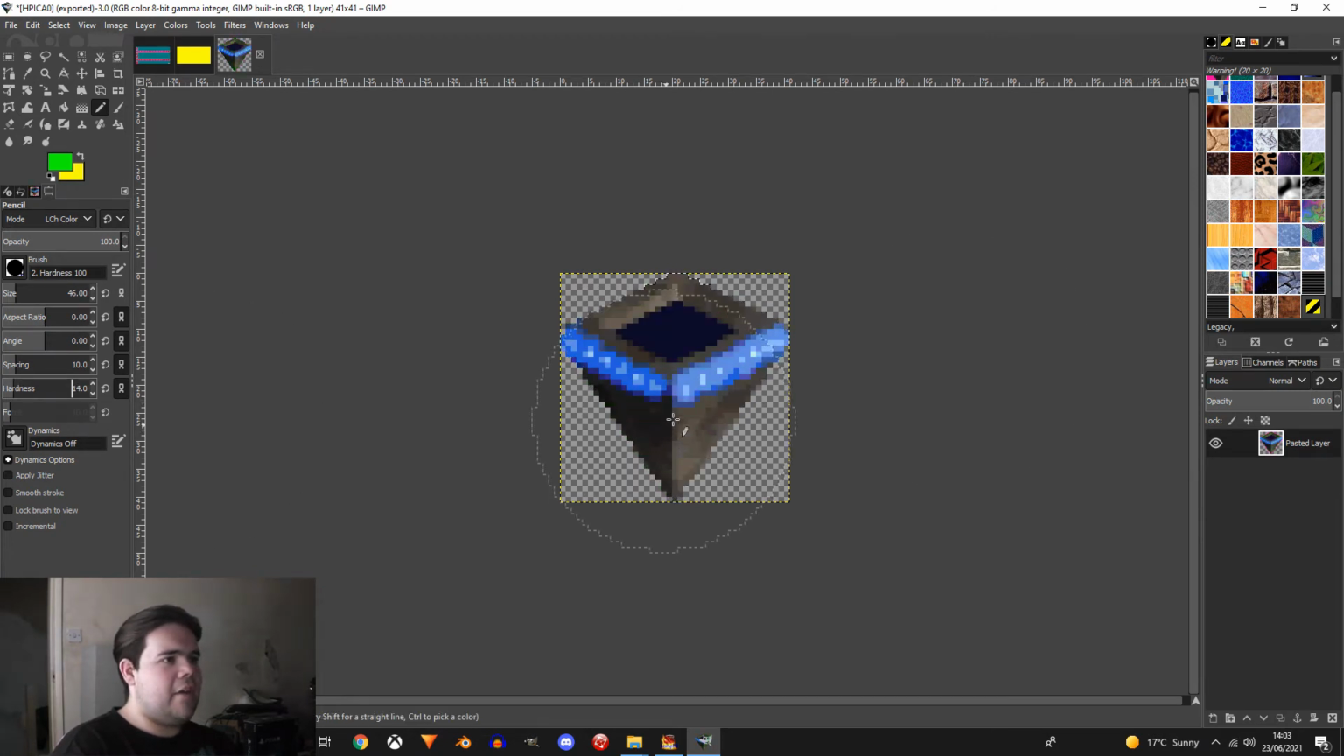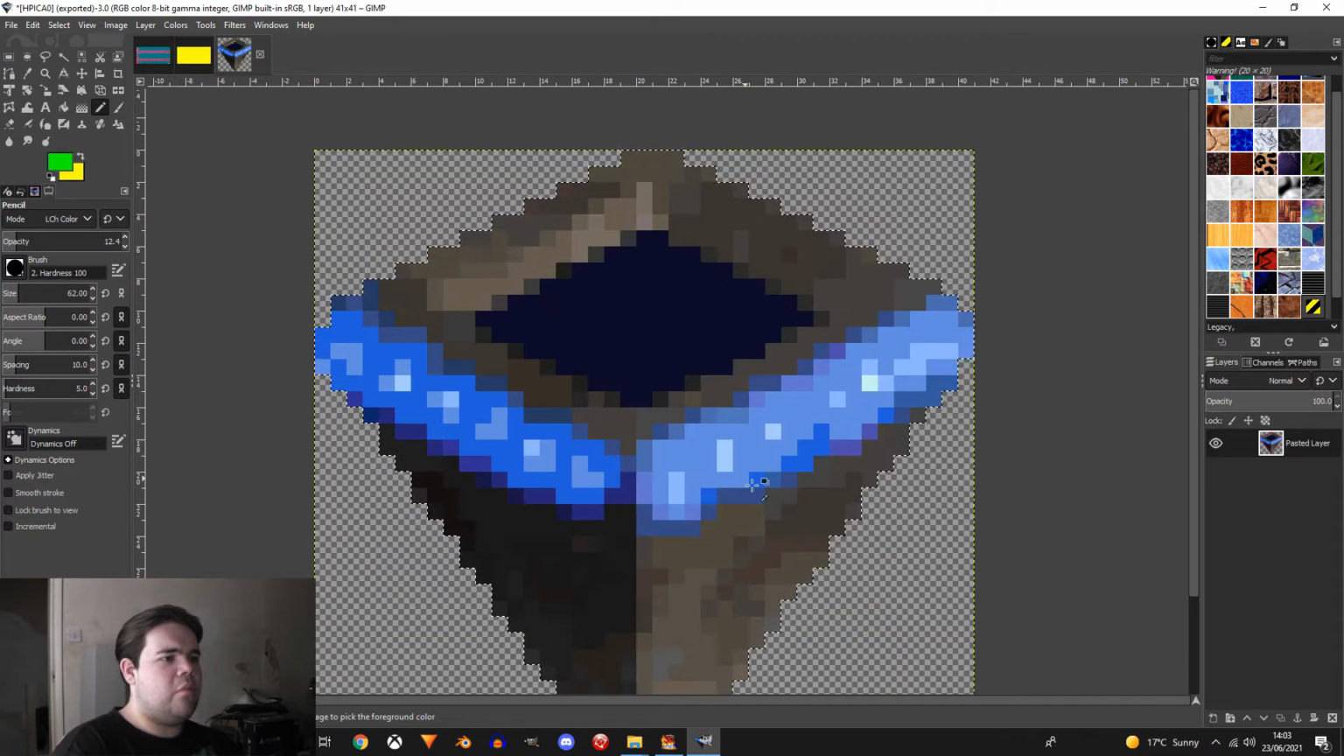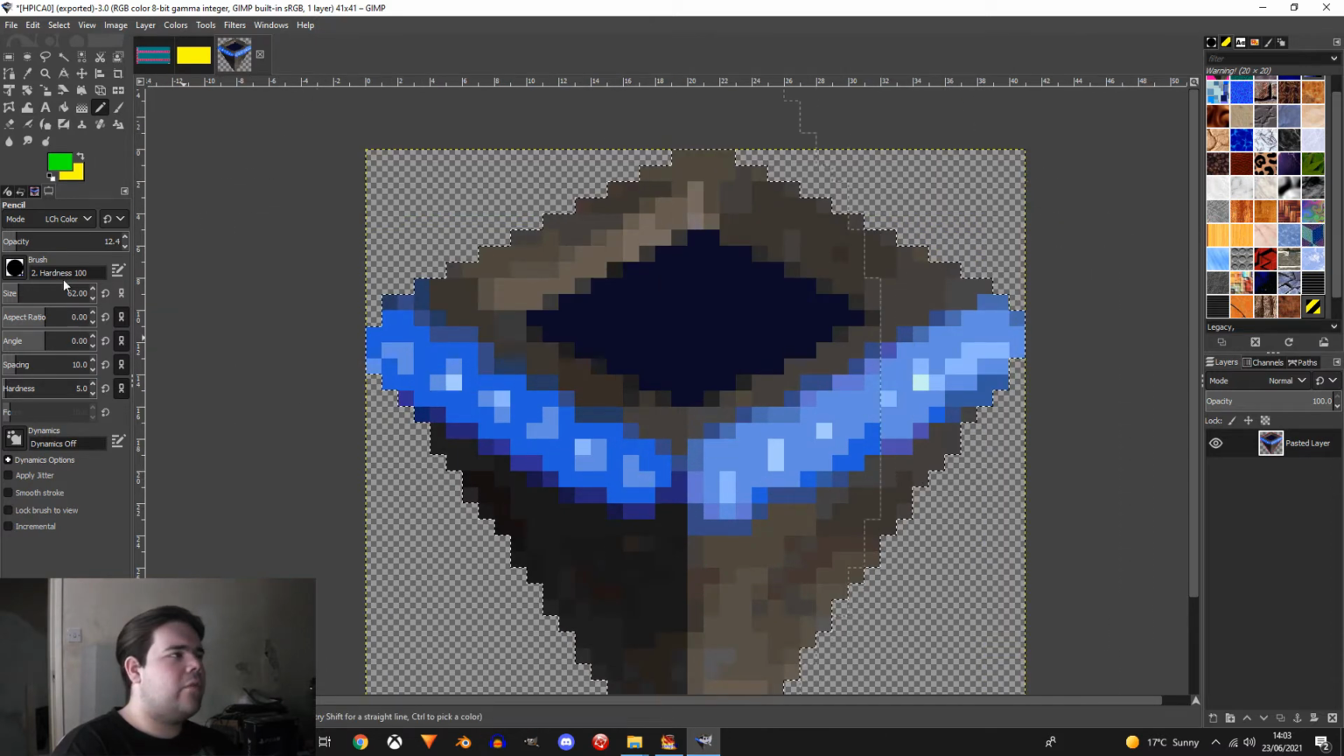You can lower the hardness so the fade is not as harsh. Oh, you can lower the opacity as well to give it a hint of green, like that. If you just want to change the blue, that's easy enough. You can do it one of two ways. If you've got a steady hand, you can lower the size enough and do it pixel for pixel, or